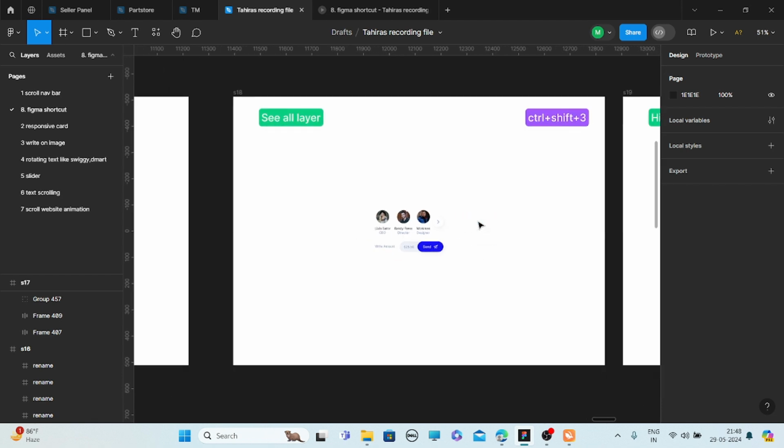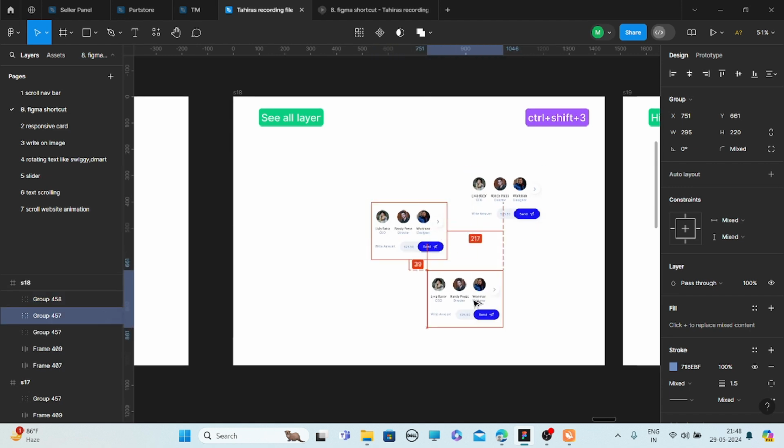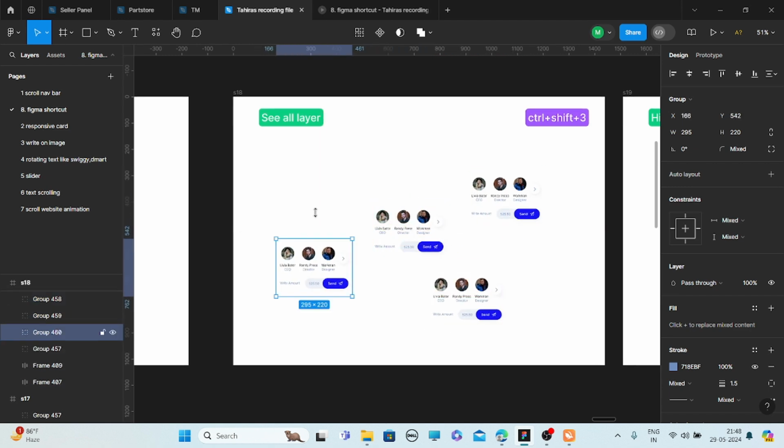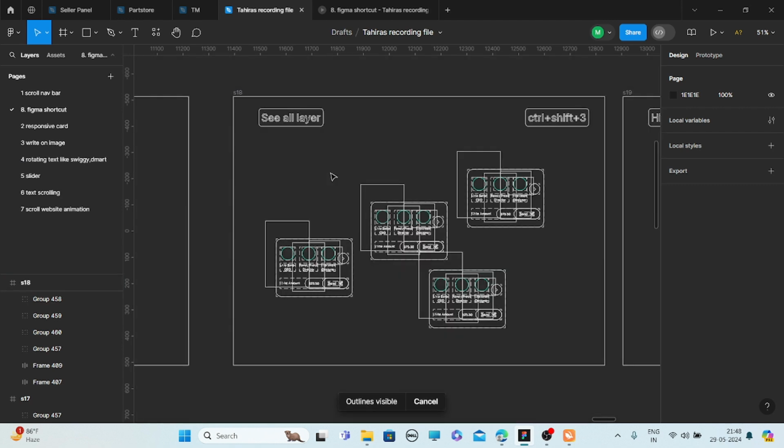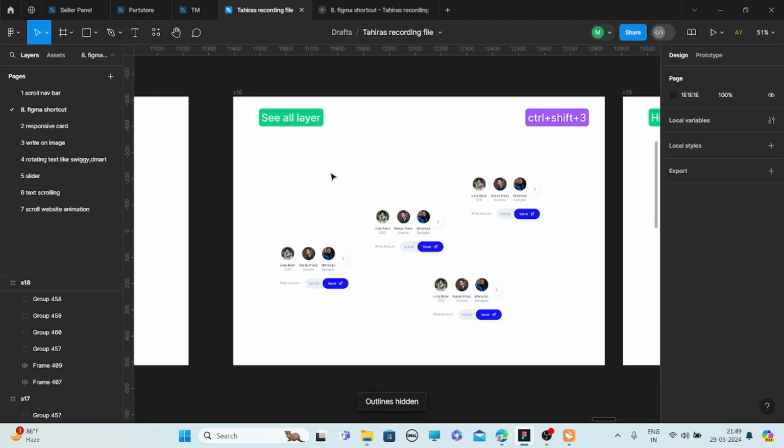If you want to see all the layers present on the screen, simply press Ctrl Shift 3. This is how it looks, so that you can see the other frames present behind the frame on the upper side. And for coming out, again press Ctrl Shift 3.